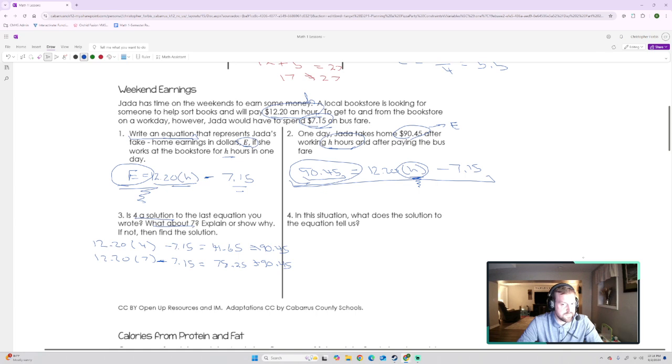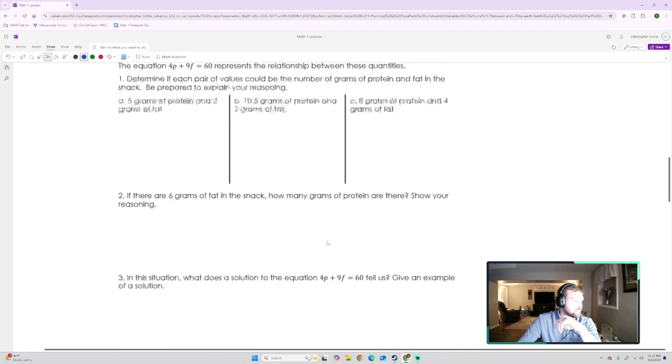Well, it tells us the number of hours Jada worked to take home $90.45 after the bus fare and all the good stuff. Okay, understanding what the solution means in the context of the problem. All right,